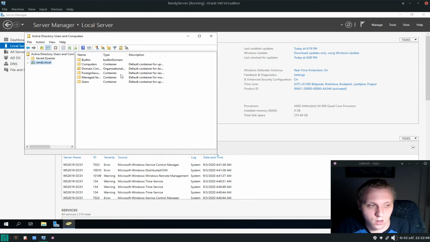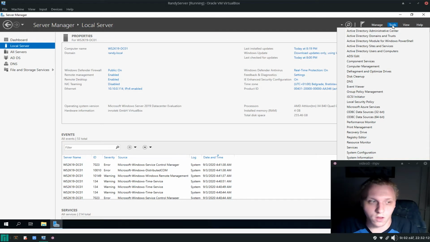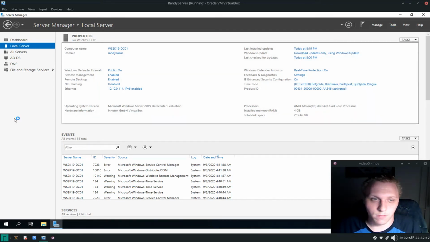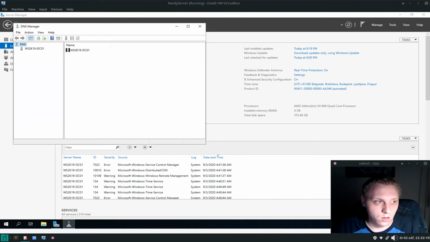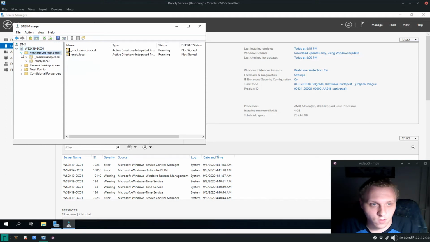So next we go back into the server manager, go to tools, and now we're going to set up our DNS. So we want to go into DNS, and here you want to double click on the server, and it's going to pop up with all of these things. You want to click this arrow down here and this arrow down here for our forward lookup zones. Now what you see here is